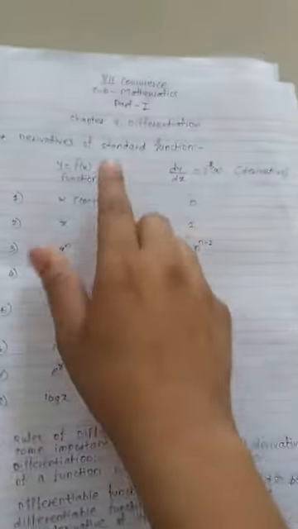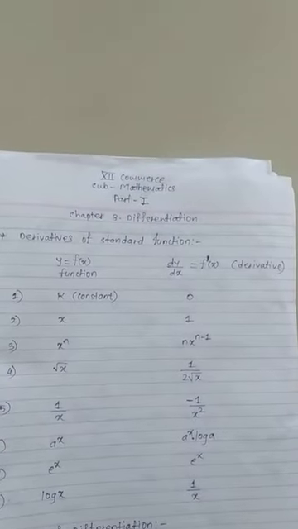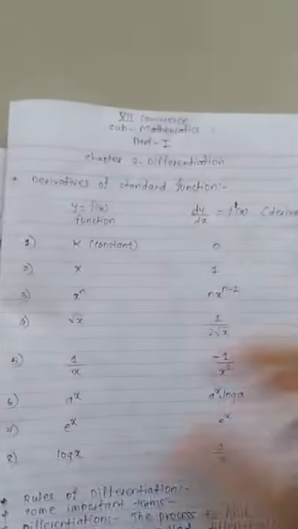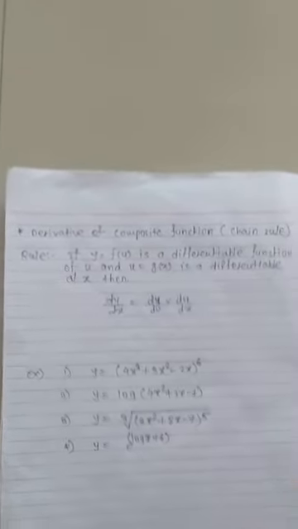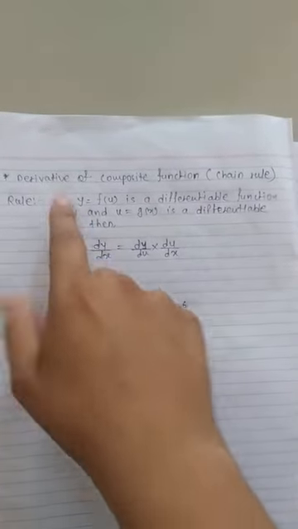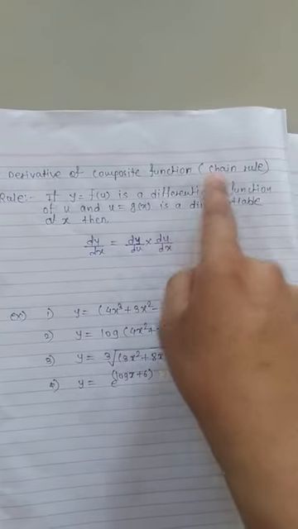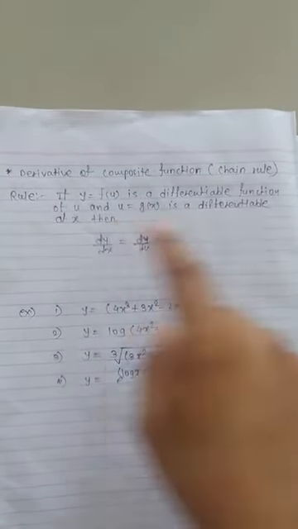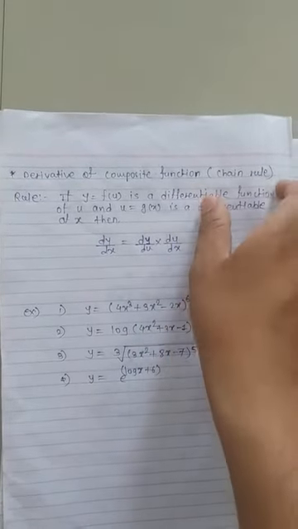Now in this differentiation chapter in our 12th standard, we are going to study the advanced part, the advanced tricks or advanced rules of differentiation. So we are starting our first topic with derivative of composite function. It is also called the chain rule. So in your 12th standard regular notebook, write down this topic: derivative of composite function, in bracket, chain rule.